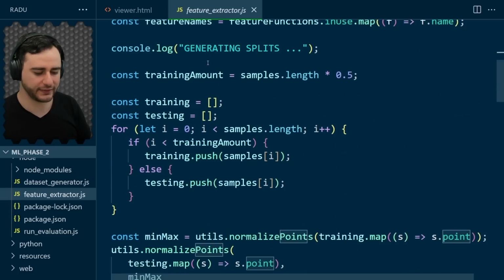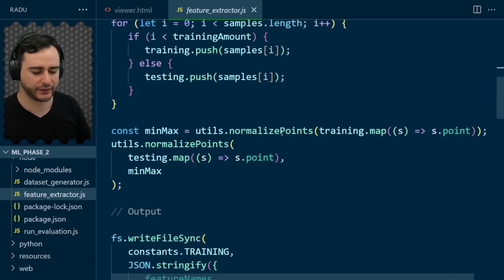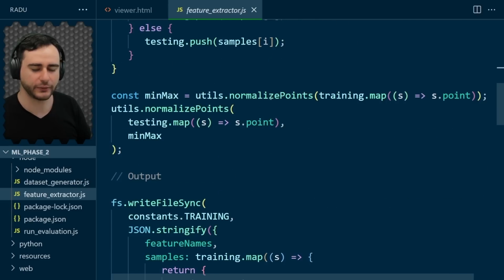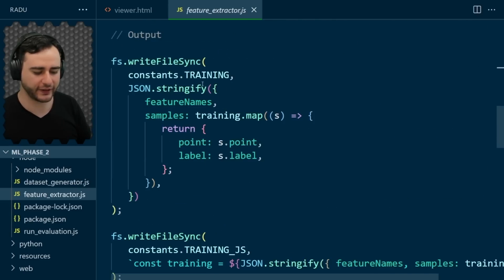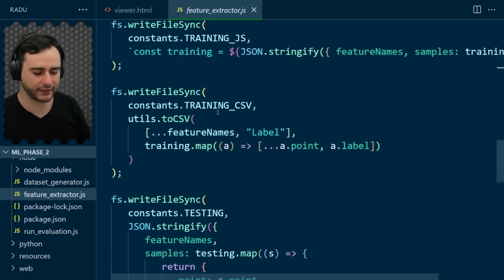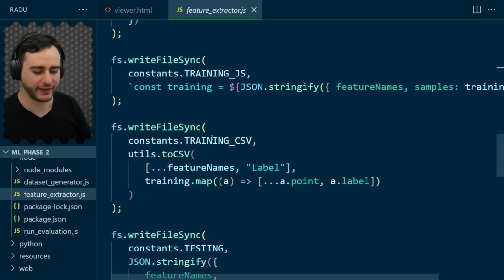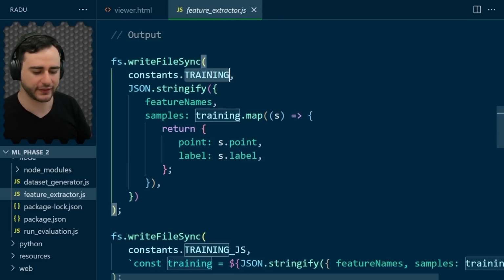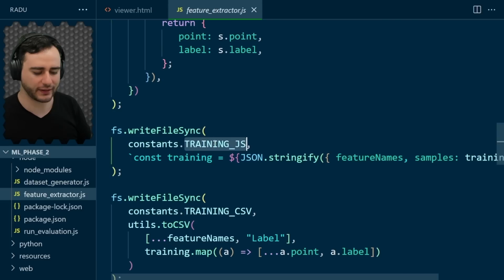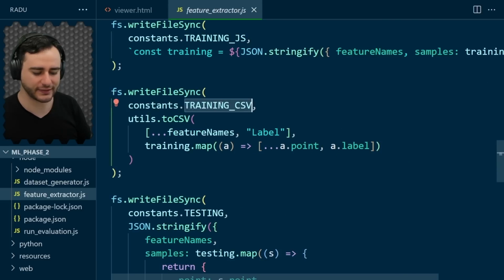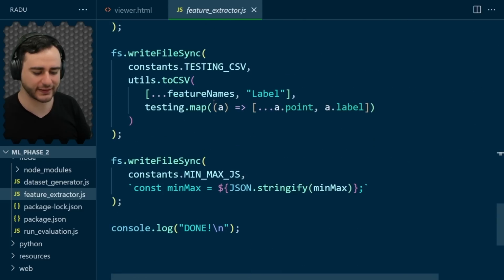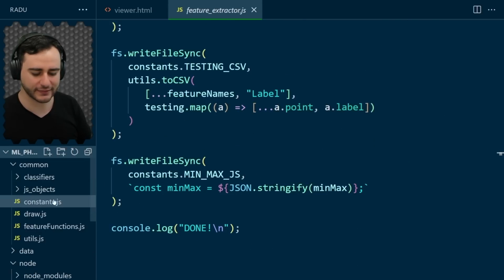We then split in training and testing, half and half, and normalize the data to be between 0 and 1. And then we just write the output files in training and testing respectively. And there are 3 formats here: training, training JavaScript, and training CSV. And same for testing. You can find these in the data,